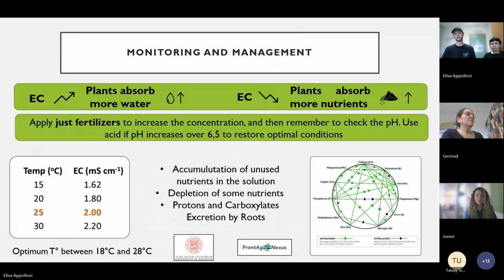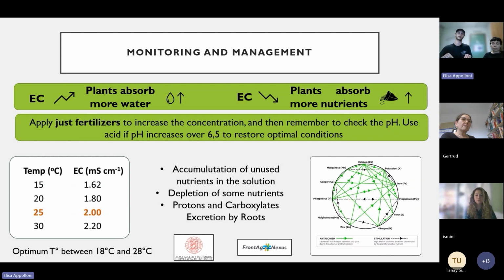Okay. So let's move to the monitoring and management of our hydroponic solution. First of all, we always need to check daily, even more times per day, the electroconductivity and the pH of our nutrient solution. So we go to our tank, we measure it, and we observe the behavior of our electroconductivity over time. If we see that our electroconductivity tends to increase over time, this means that plants are absorbing more water than the salts, the nutrients